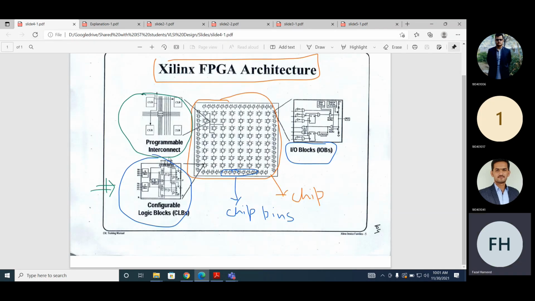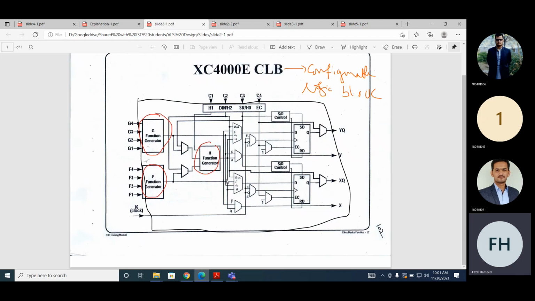So now we will study the configurable logic block. It is shown in this slide. This is the Xilinx XC4000E CLB, configurable logic block. If you look at this configurable logic block, it consists of 3 lookup tables. One lookup table is the G function generator.